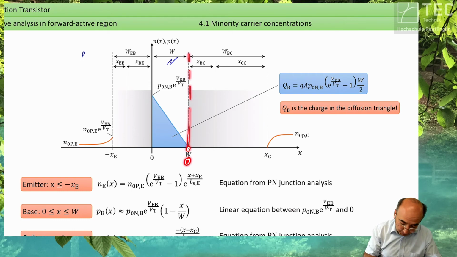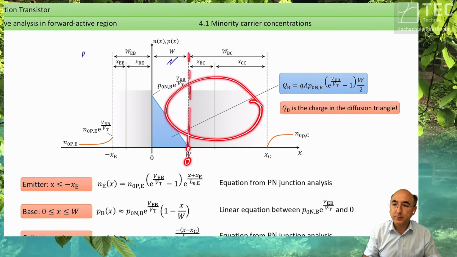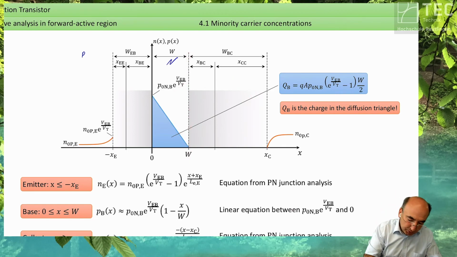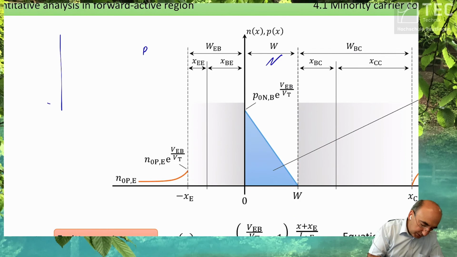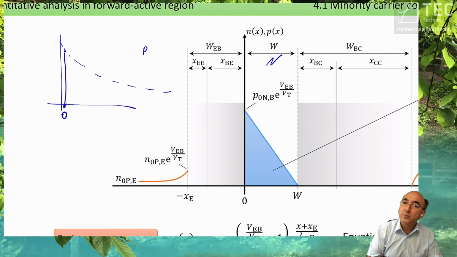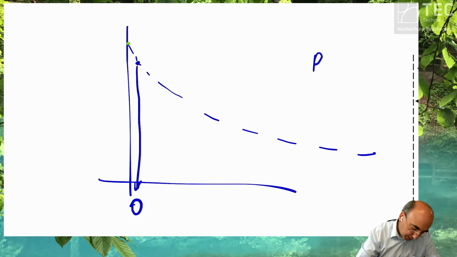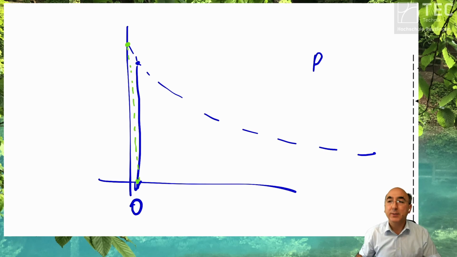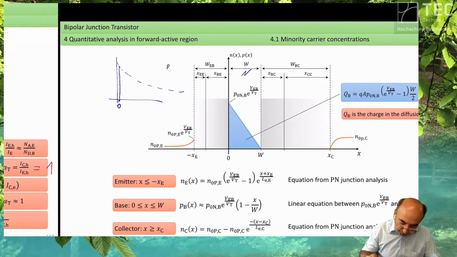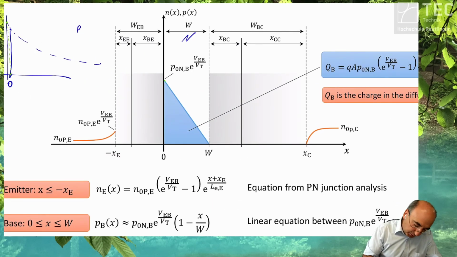Why? Because you reverse polarize this diode. Then you can assume the following thing. What is this curve if you put this point down to zero? You can say the concentration here, the concentration there, and in between we have a straight line. Therefore, you can say your concentration of the holes